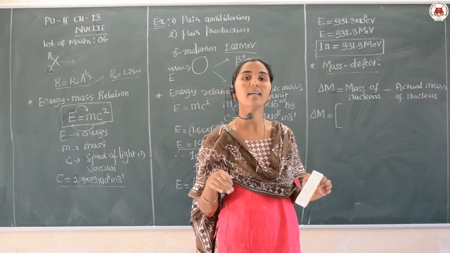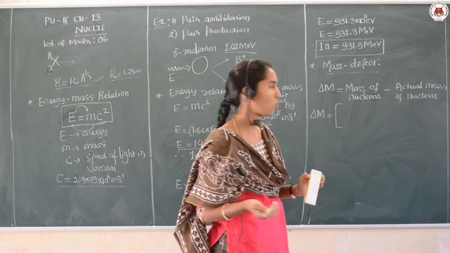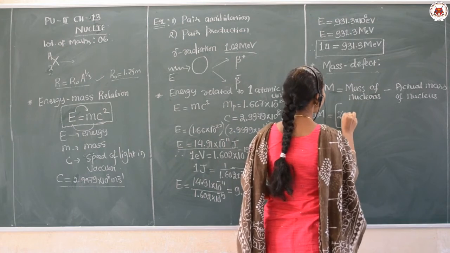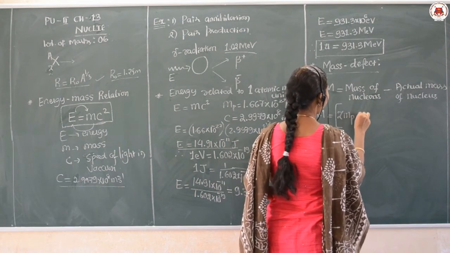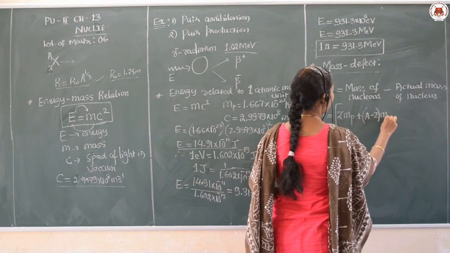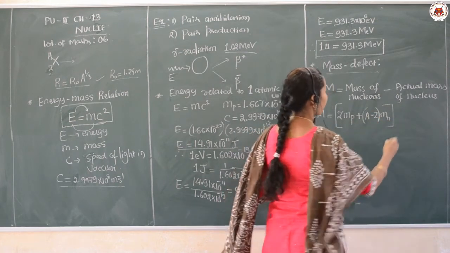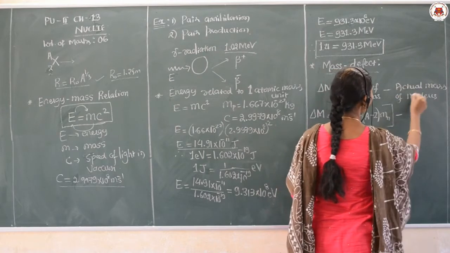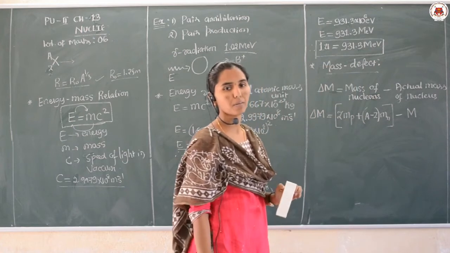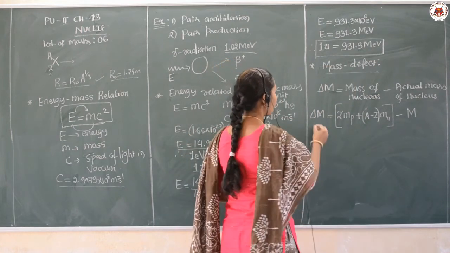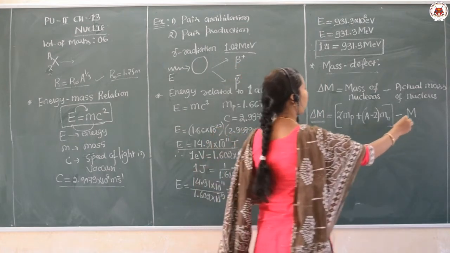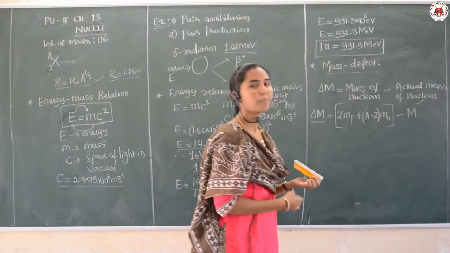Therefore, mass of nucleons means ZMP plus (A minus Z)MN, minus the actual mass of the nucleus, which I represent as a capital M here. Therefore, the mass defect delta M is equal to this formula, which we can use to find the mass defect